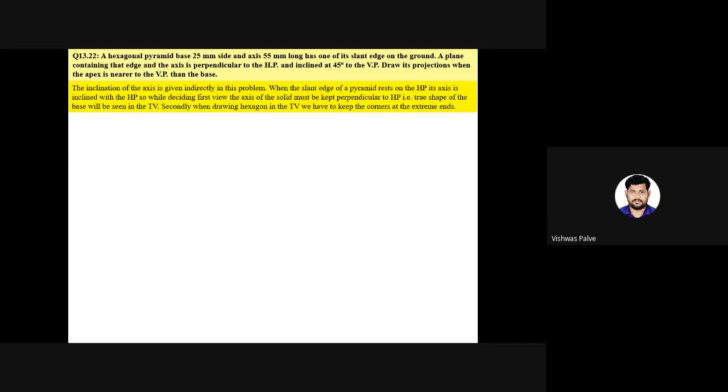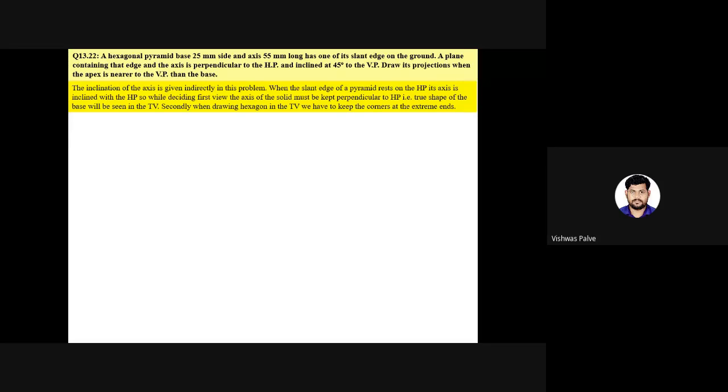So in this, what you can read here is the hexagonal pyramid. First of all, let us find out the dimensions of that object. The base is a hexagonal shape with a side of 25 mm, and an axis 55 mm long, has one of its slant edges